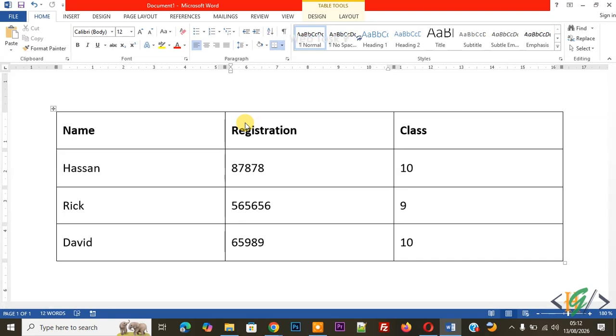Bismillahirrahmanirrahim. Assalamu alaikum. My name is Hassan, and today we are going to add background color on a row or column